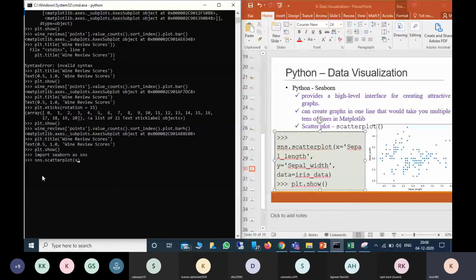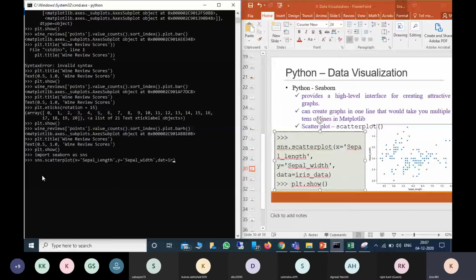x equal to, so here I'm giving x sepal length, y equal to sepal width. So where I'm taking these values from is the iris data.